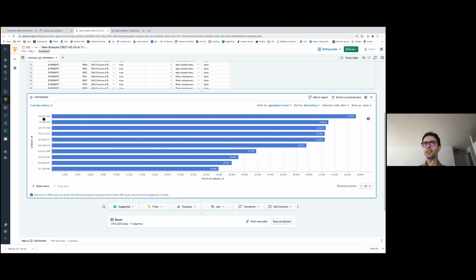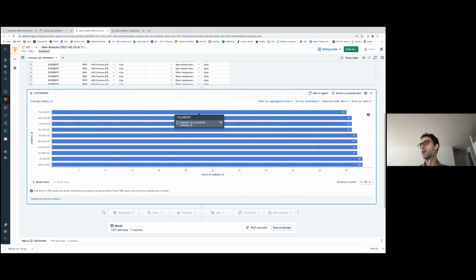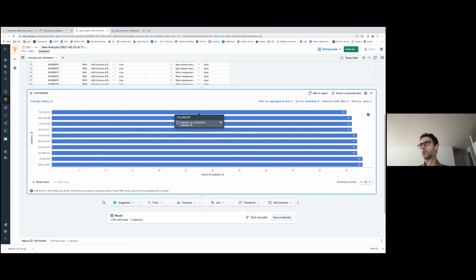So as you can see, this concept set that starts with 456 has 47,000 concepts within it. So there are big, large concept sets, and there are also other ones which have, for example, this one has only 55 concepts within it.